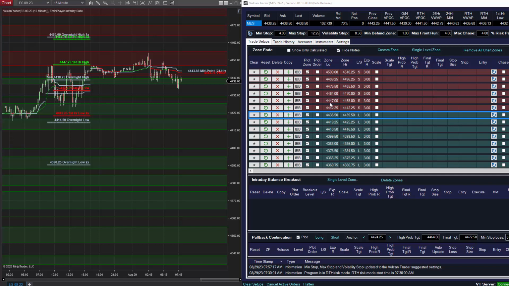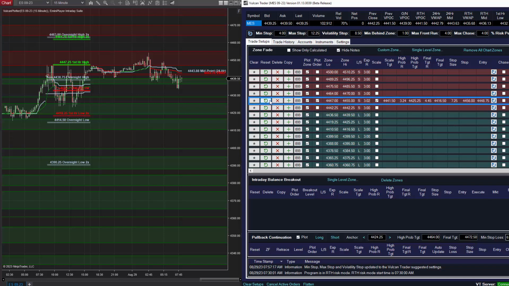So on the upside, we're using 47 to 55 as the initial resistance zone, and we will need to see broad market strength and sustained upside momentum in order to get a sustainable breakout above initial resistance. So there is a potential short at 47 to 55, but it will depend on how the market is shaping up in the moment. So we will go ahead and set up a short there,